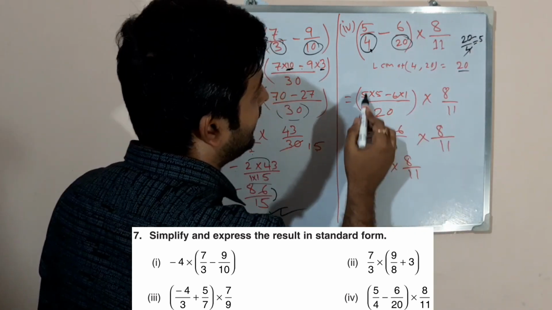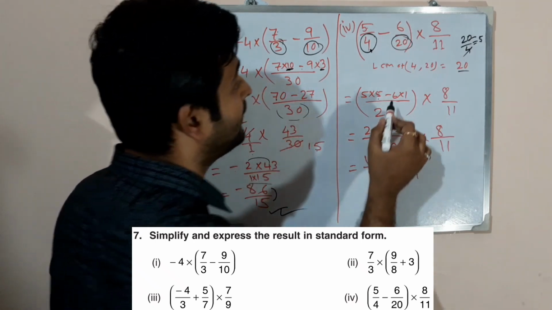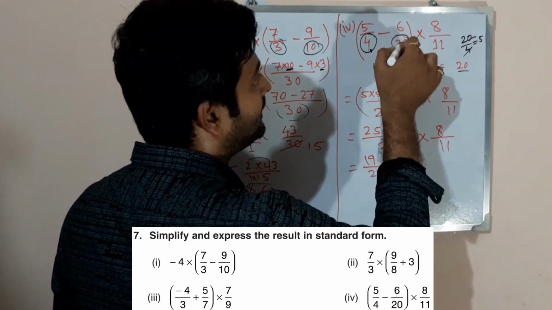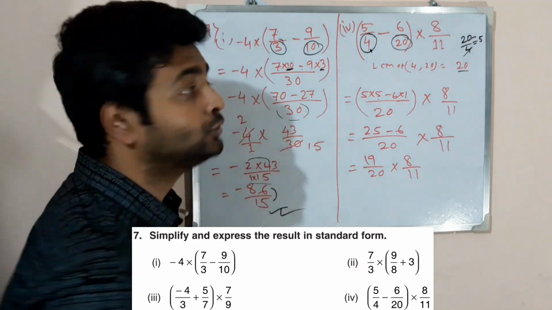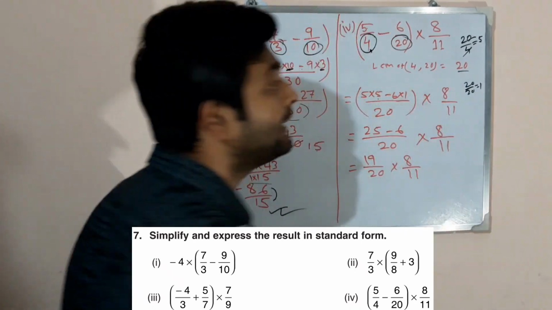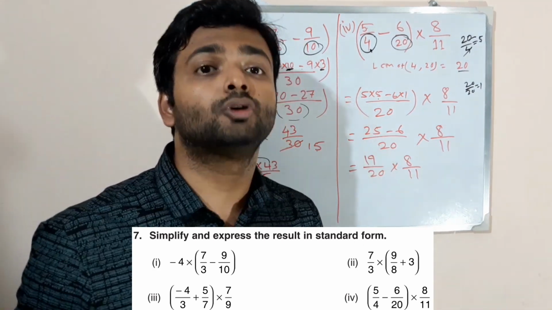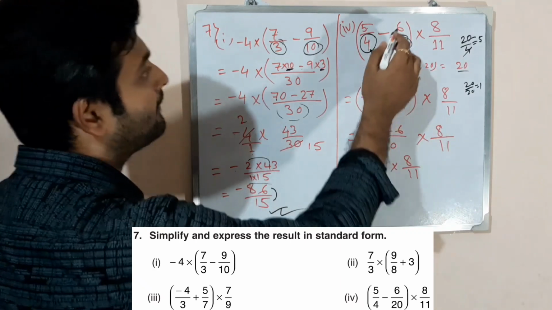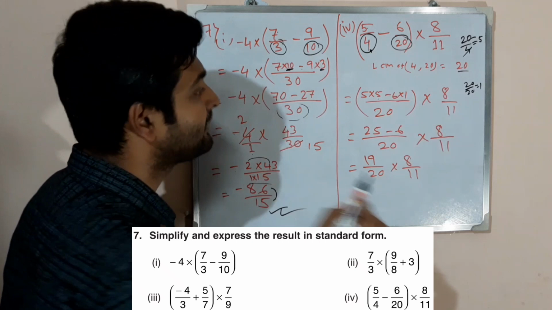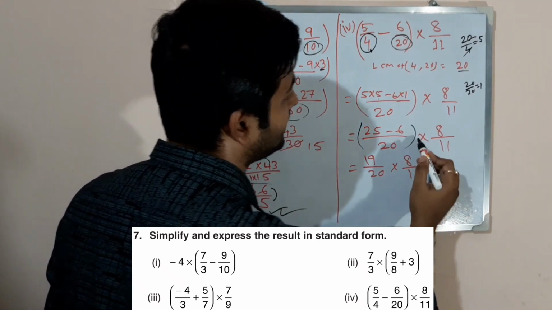So that means the numerator is multiplied by this number. So that is 5 minus 6 into, now for 20, the LCM and the denominator are both the same number. So you have to multiply it by 1, because 20 by 20, you all know, you will always get 1. So remember, if the LCM and the denominator are the same number, just multiply it by 1. Means the numerator only you have to write, whatever the actual numerator is. Next line, 5 5s are 25 minus 6. Within bracket, you have to write into 8 by 11.